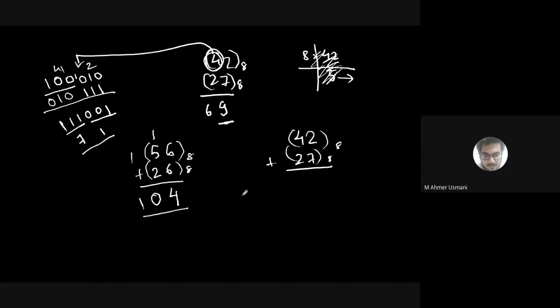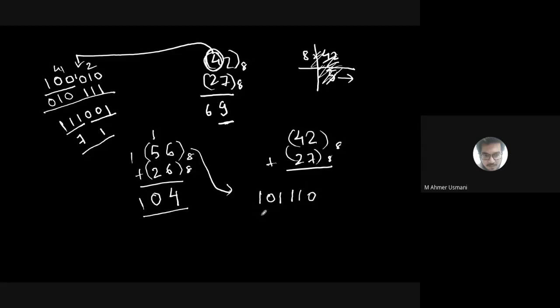अगर इसको binary में करेंगे तो कैसे करेंगे? How to write down 56 in binary? Something which is in octal, write down in binary. 5 कैसे लिखोगे आप binary में? 101. You need to make a group of 3. 6 को 3 के ग्रुप में लिखोगे तो कैसे होगा? It will be 110. So this is nothing but 56.